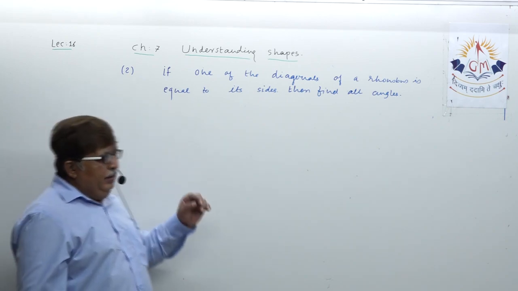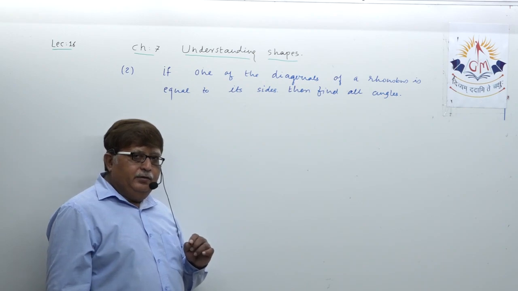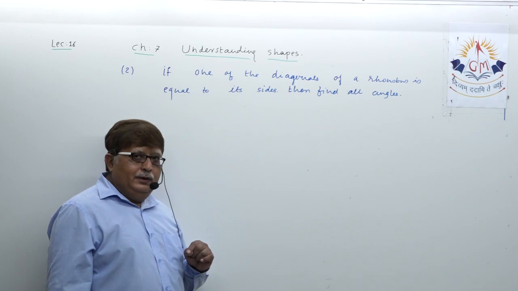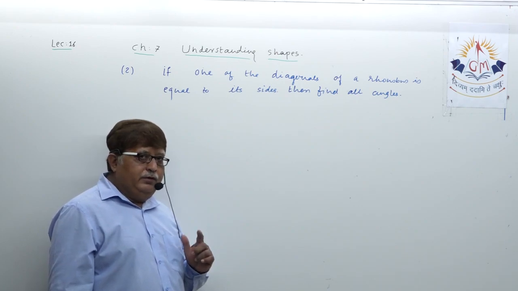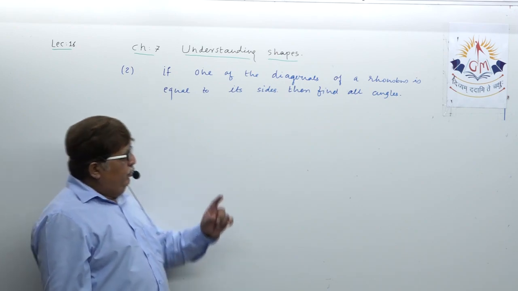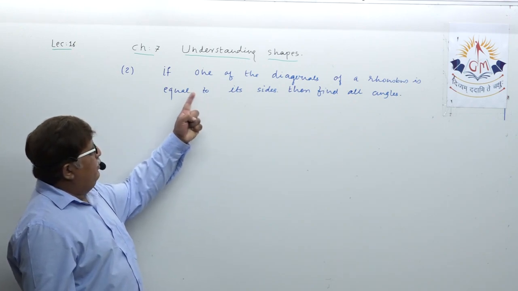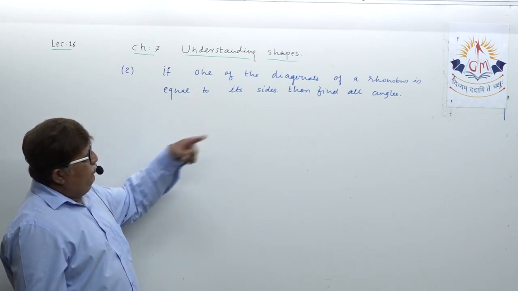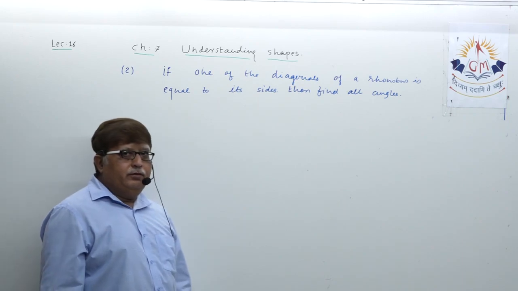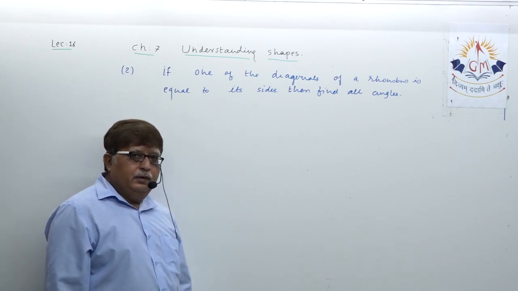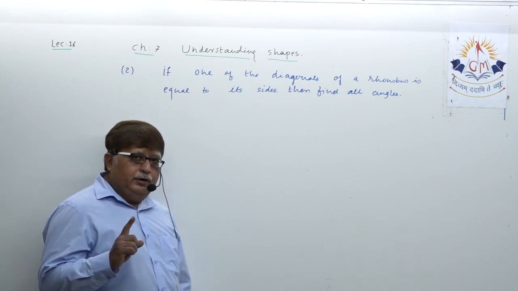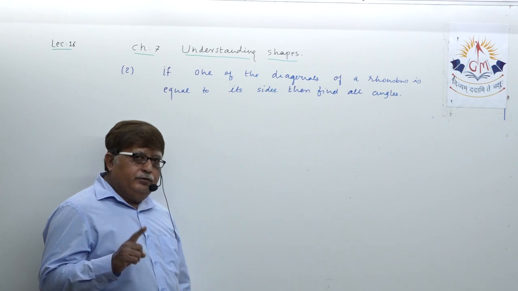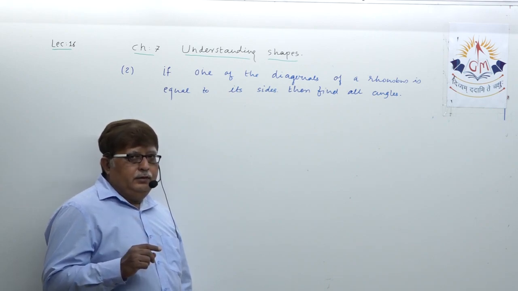Indirectly the value of one angle is given, that you have to gather from the given data. What is said? If one of the diagonals of a rhombus is equal to its sides, then